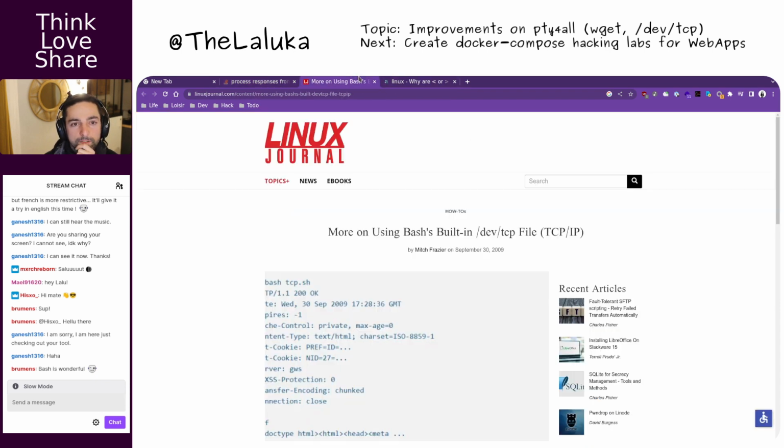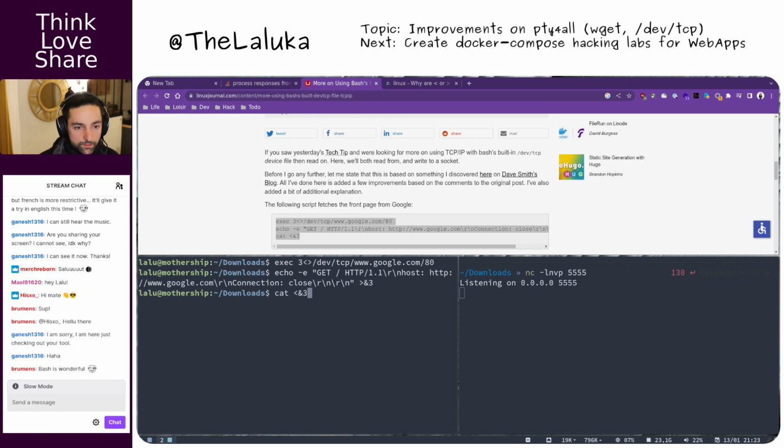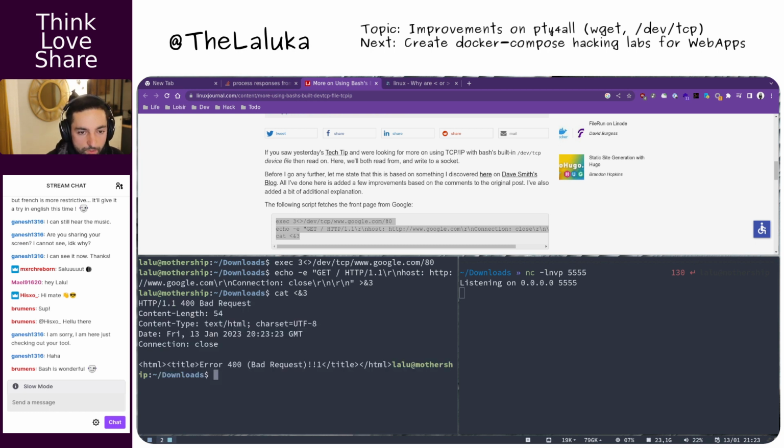Hold on. Might use this one. This one is nice. So we want only the content, add request for sure. And here I wanted to get my Python server back.